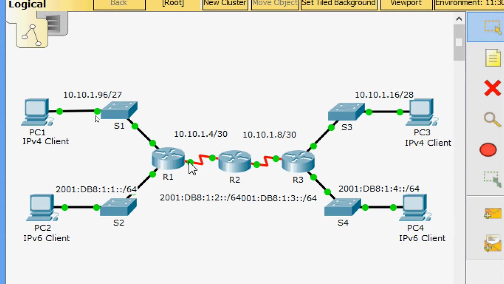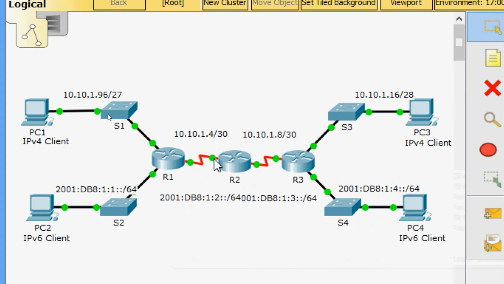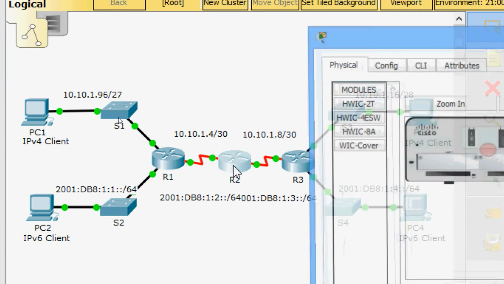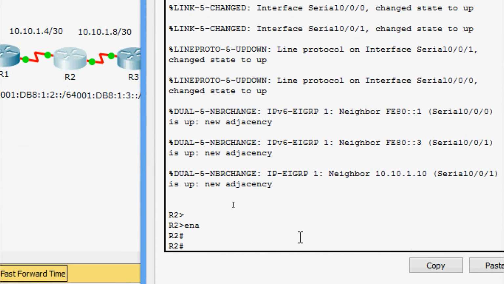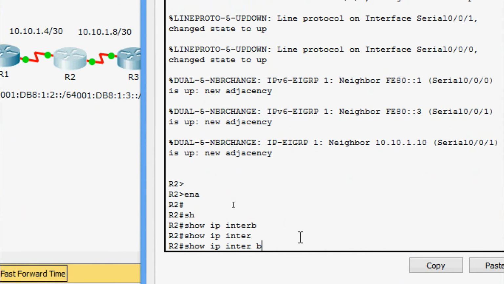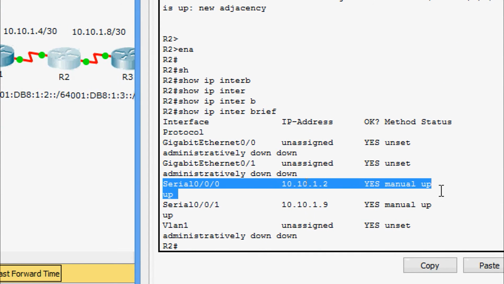So here on R1, for this interface, that is serial 0/0/1, we can see the IP address is 10.10.1.6. Okay, it's correct. So obviously the IP address for this interface, that is serial 0/0/0 on R2, should be 10.10.1.5. So we have to verify that. Coming to CLI, enable, show IP interface brief. Here we can see that yes,